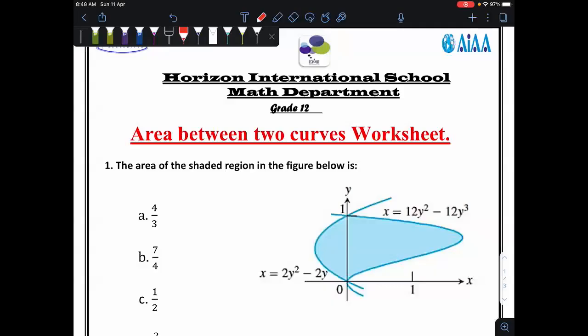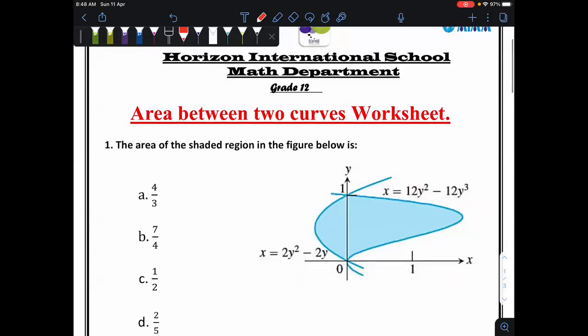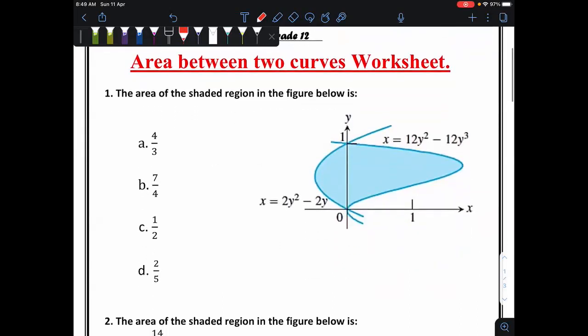Area between two curves. We have some questions here. We already finished the volumes of disks and washers. The area of the shaded region in the figure below is,